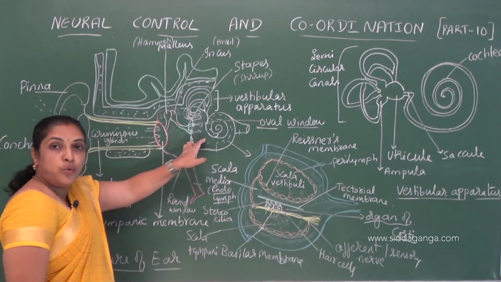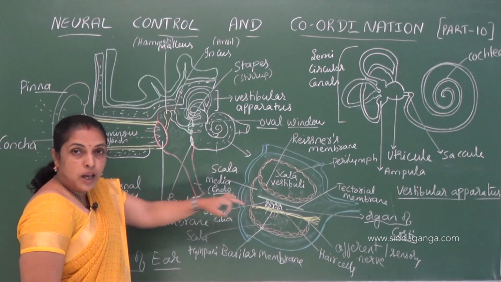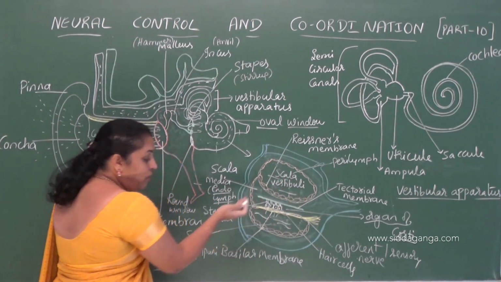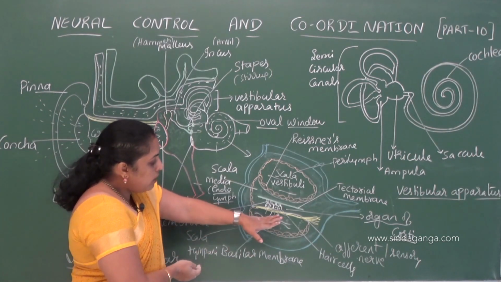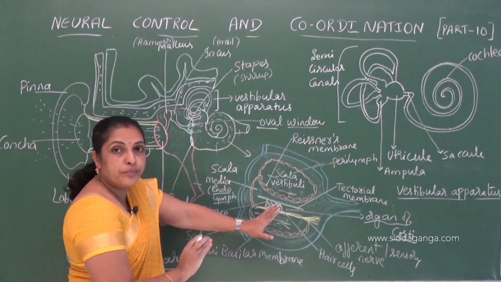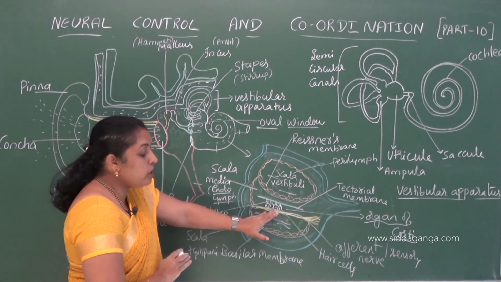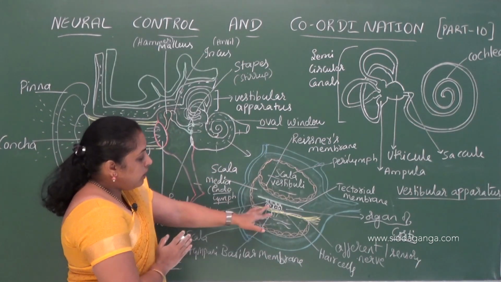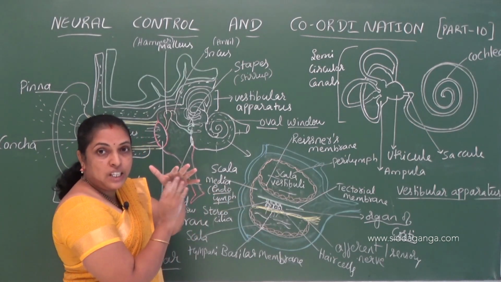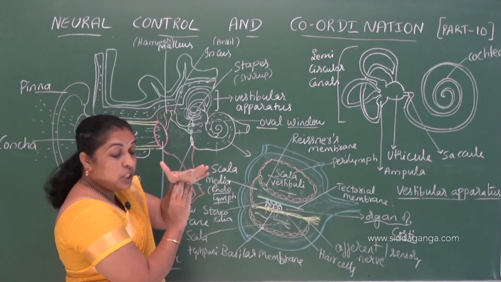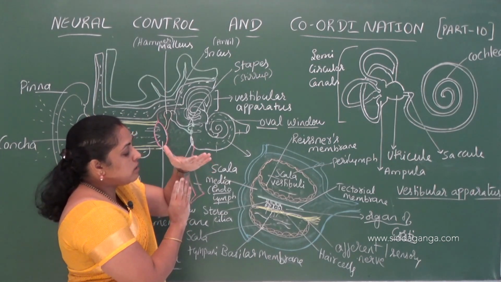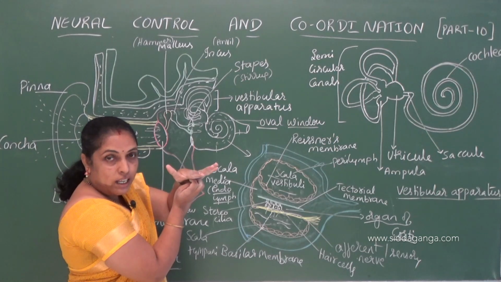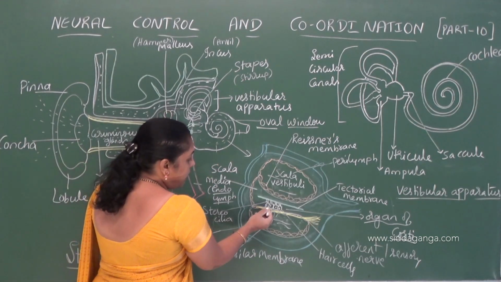From that oval window, the waves enter into the fluid part of the inner ear, and waves are produced in the fluid of the inner ear. When waves are produced, they ripple, they push the basilar membrane upwards. When the basilar membrane is rippled, then the hair cells having hair-like structures called stereocilia strike the tectorial membrane, they bend the hair, and at the same time,